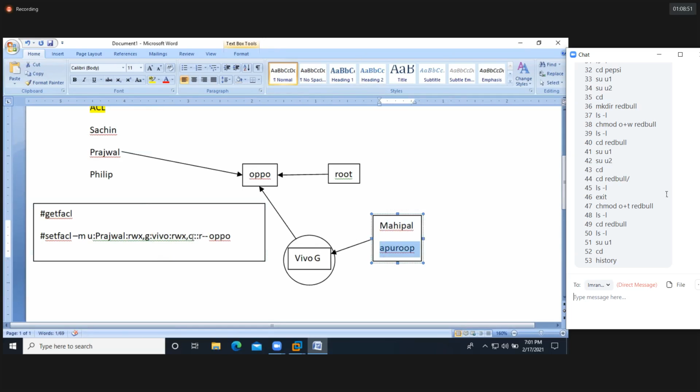And other users don't have access because other users are Sachin and Philip. These two people don't have access to create files and directories inside the Oppo. Clear? I hope you're clear. Can we do it practically? Yes, guys. Yeah, so let's see here.